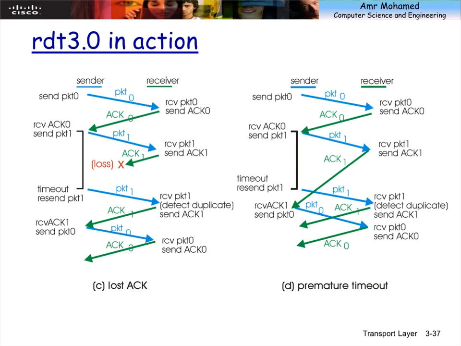So we sent packet 0. We received acknowledgement 0. So far, so good. We sent packet 1. It was not lost. Acknowledgement was not lost. And this is the case when, remember this, the sender timed out prematurely. This indicates that the timeout calculation from the sender side was a little bit off. Okay, it was premature. So it timed out prematurely.